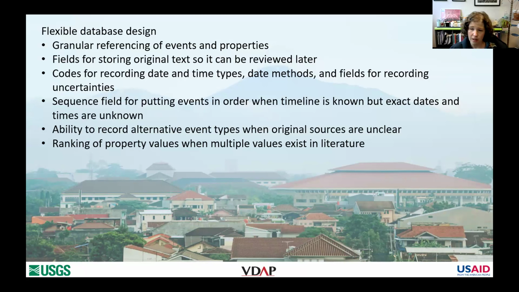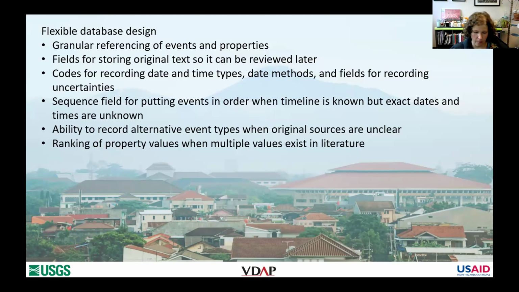We have a sequence field that lets us put things in order when the timeline is known, but the dates of events aren't known. And we can record alternative event types when the original sources aren't clear. It's not clear exactly what type of flow that was, so we can record both. And we can rank different property values when there's multiple values that exist in the literature. So many of you know if there's some kind of explosion, there will be 10 different papers giving 10 different